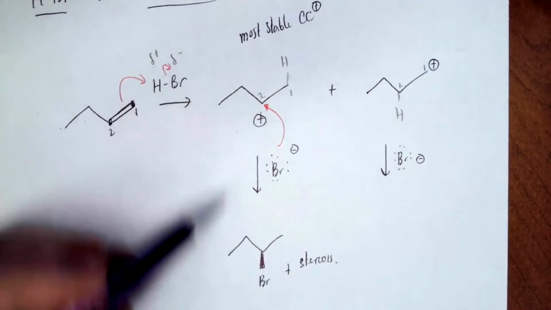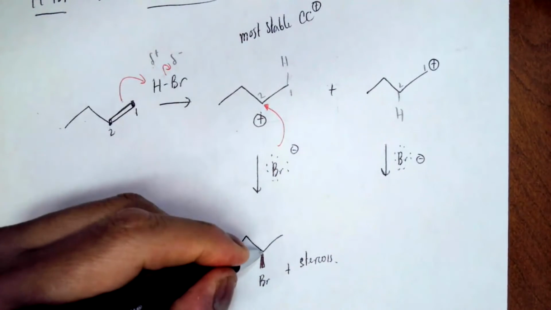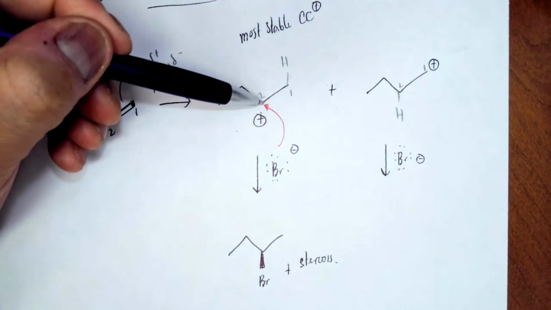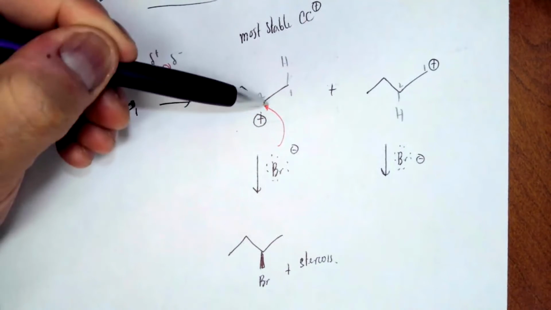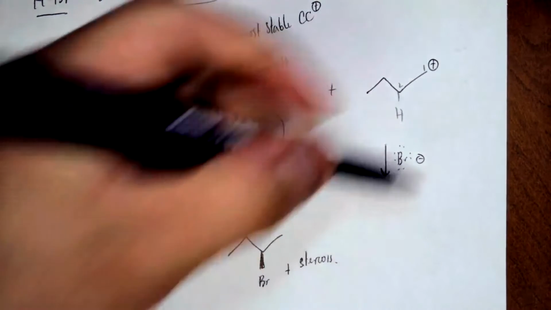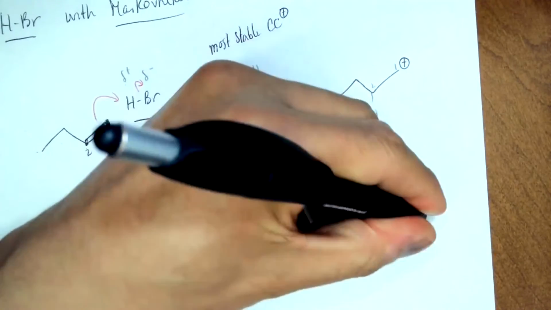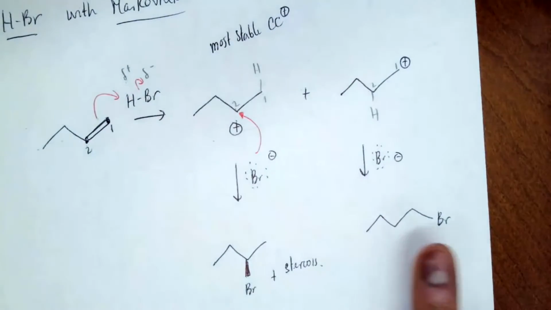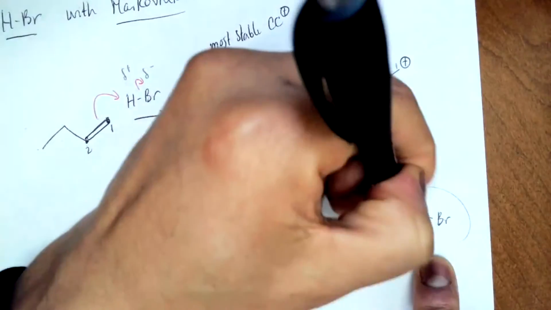Bromine attacks and is added to that carbon. There is no CCR. Secondary carbocation, secondary carbon, primary carbon, no CCR, and I get this compound. This compound is chiral. That's why I say, like with the wedge, plus the stereoisomer. Am I going to be producing any of this compound? No, this one is not